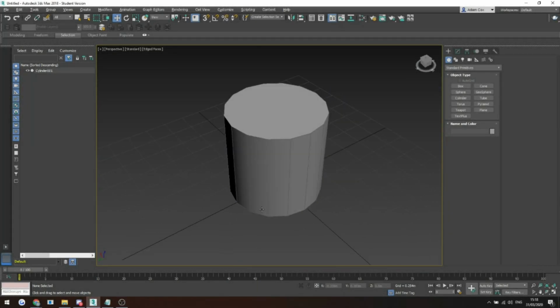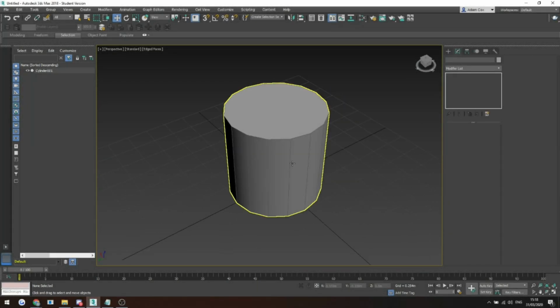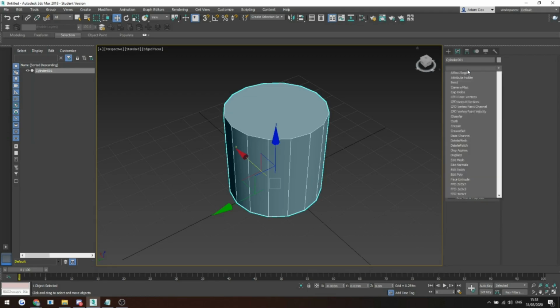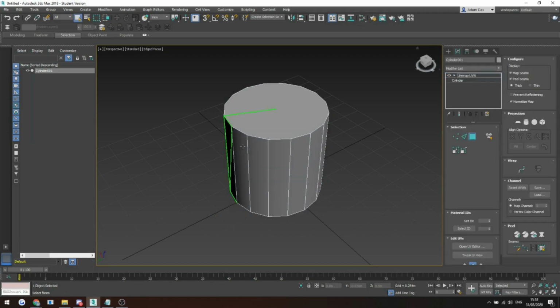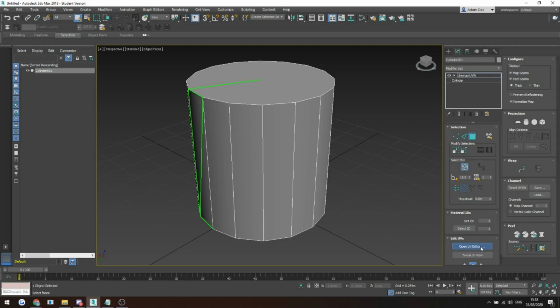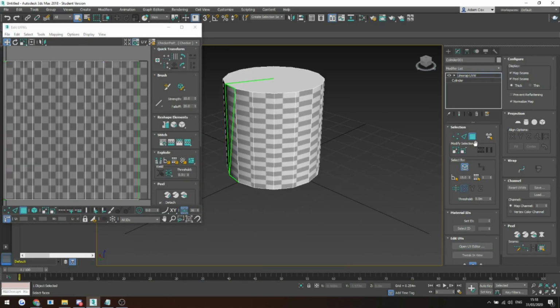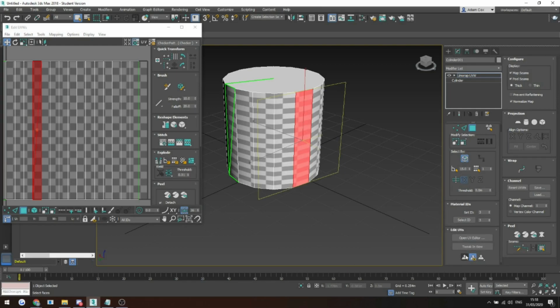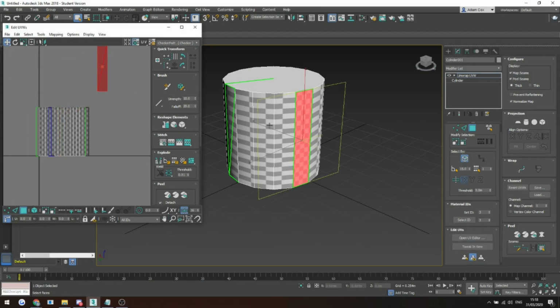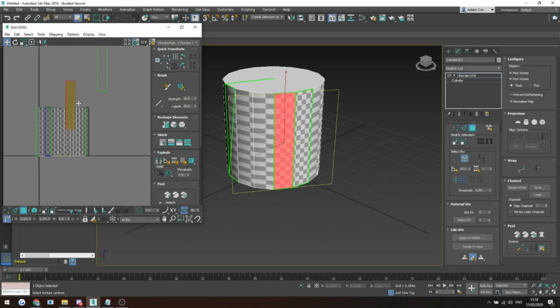Right, so cylindrical map tool, can we guess when that is used? So I'm going to start off by adding an unwrap modifier. And before I show you the tool, I'm just going to show you that we can actually unwrap a cylinder using the quick planar tool. So if I select each face individually and pull them out like this,